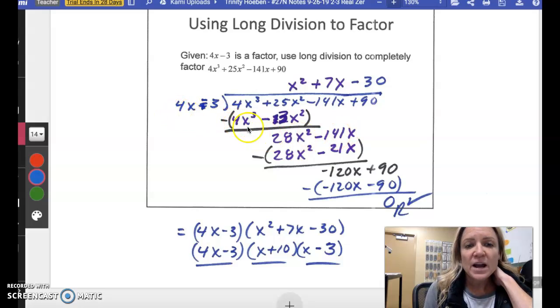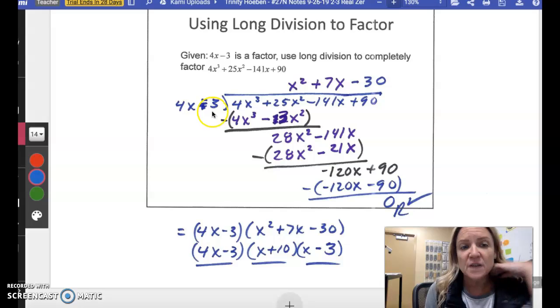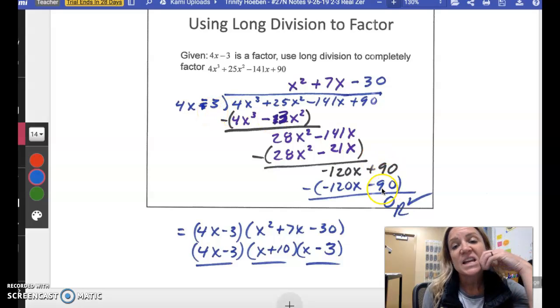And divide. 4x goes into 28x squared 7x times. 7x times 4x is 28x squared. 7x times negative 3 is negative 21x. These will cancel. Negative 141x minus 21x is negative 120x. Bring down the 90. And divide. 4x goes into negative 120x, negative 30 times. Negative 30 times 4x is negative 120x. Negative 30 times negative 3 is,